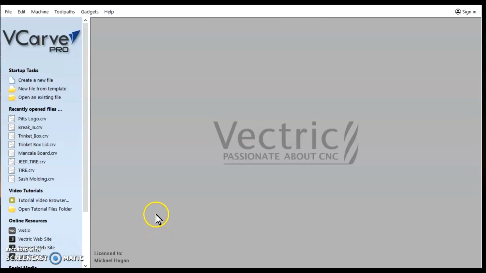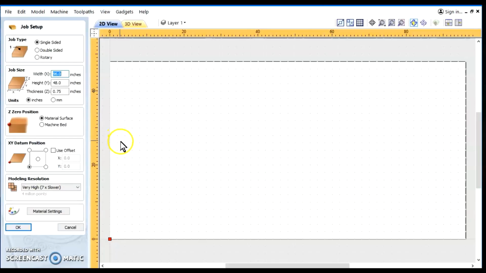Today we're going to discuss how to bring in the easy gadgets into V-Carve Pro or Aspire. Here we have V-Carve Pro. We're going to create a new file, and on all the easy gadgets